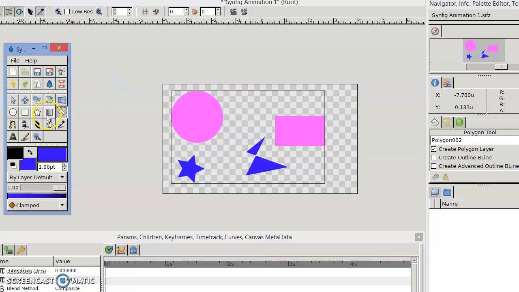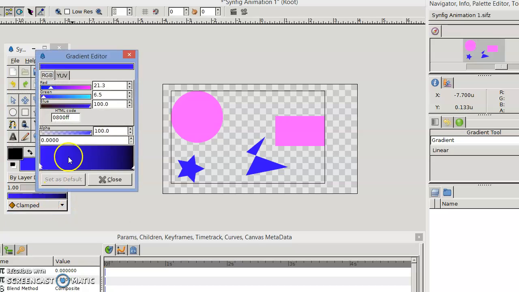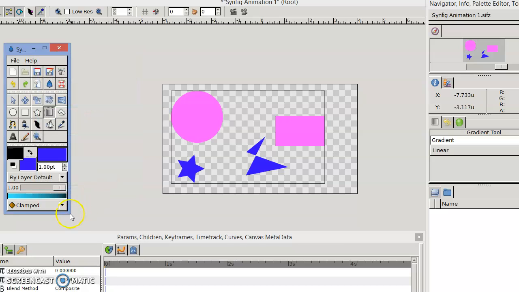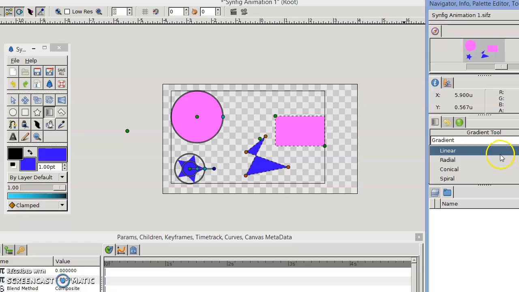See, this is the gradient tool. I want to draw a gradient. I want to change the color of the gradient. Close. By default, clamp gradient is there. I am selecting gradient. Now see the types of gradient: linear, radial. By default linear is there. So I just want to draw